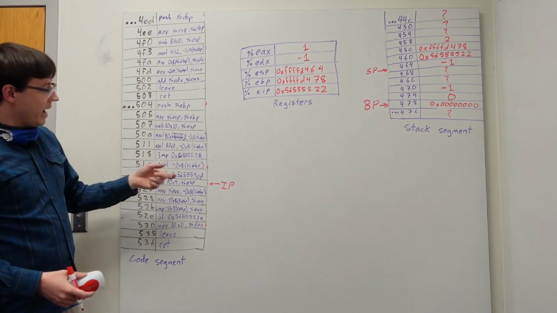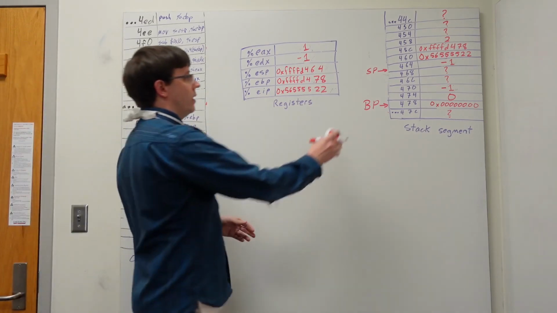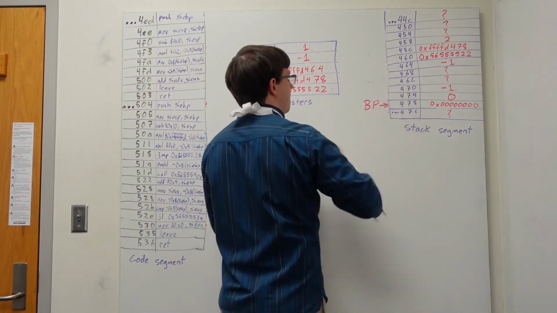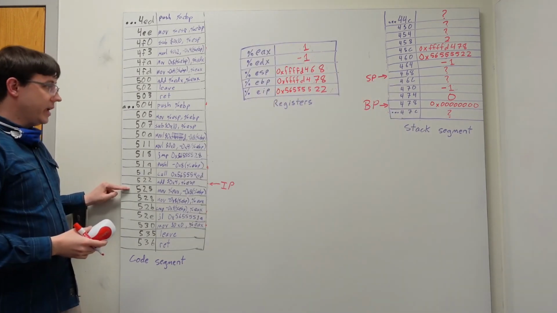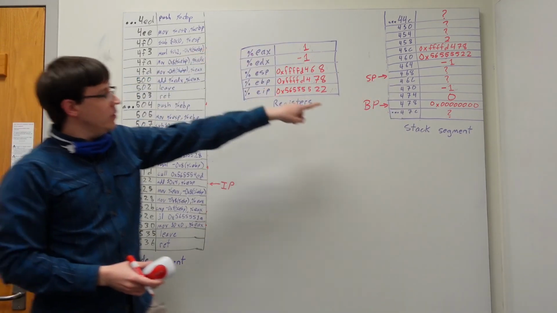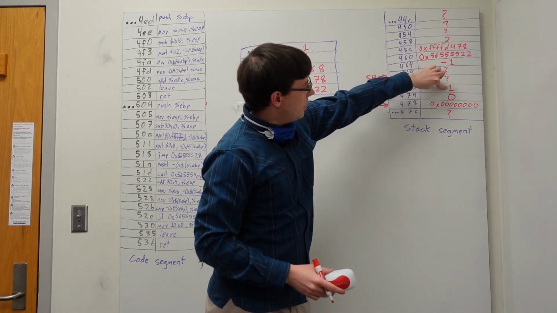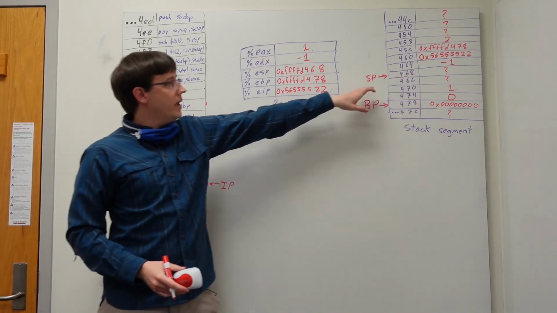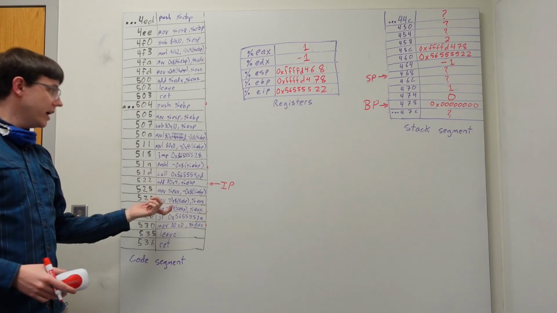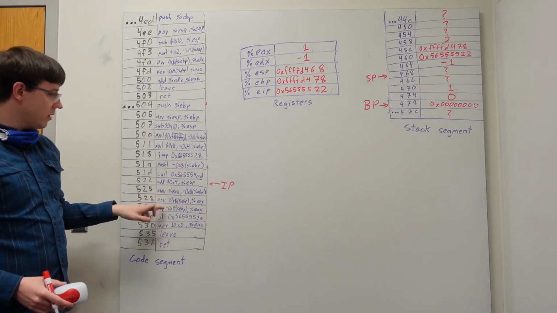And so when we add 4 to the stack pointer, it will come back down. And then we move this value into 470. And so now we have a value 1 here, which again we copy back into the EAX register,